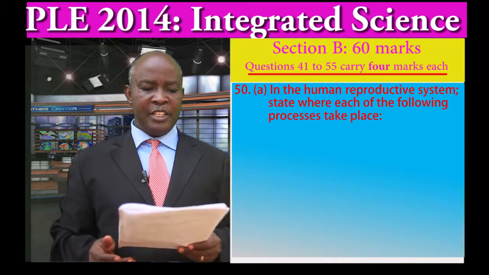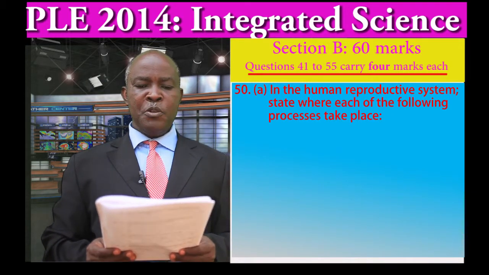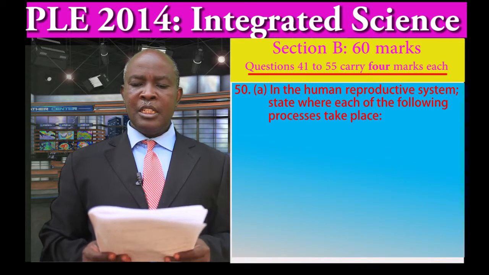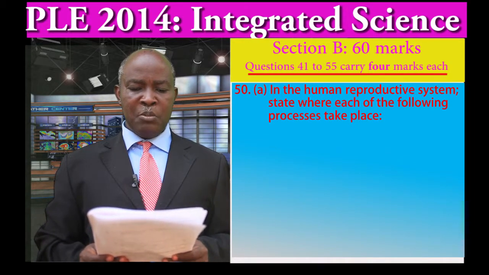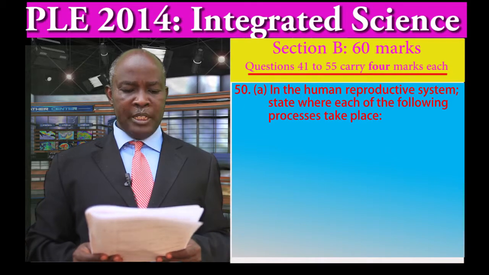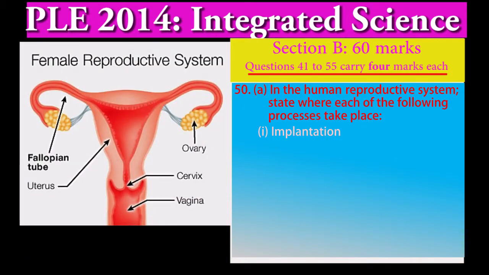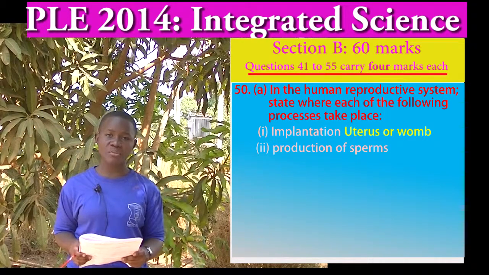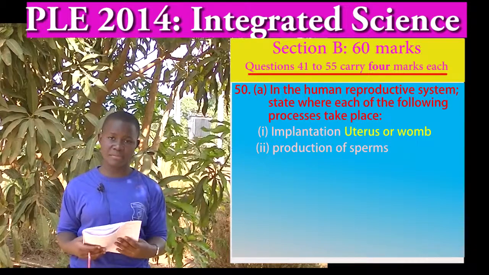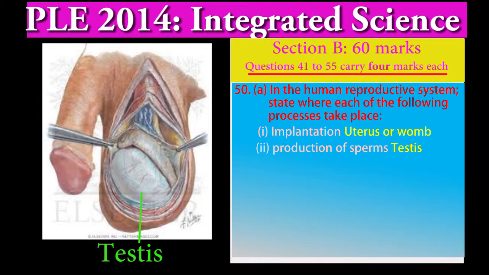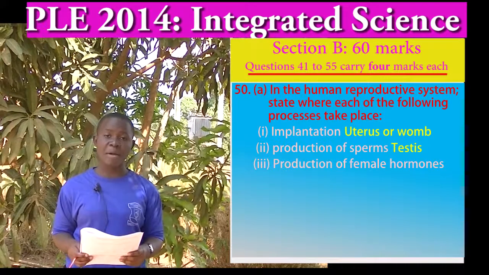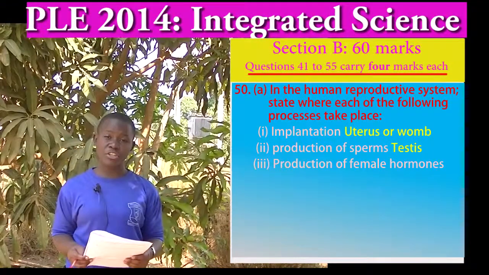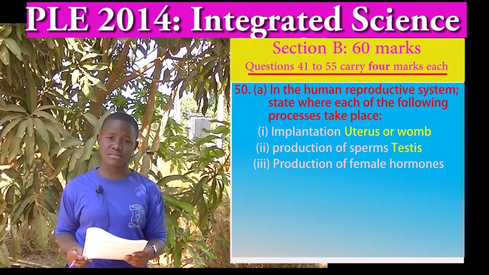Number 50. In the human reproductive system, state where each of the following process takes place. 1. Implantation, uterus or womb. 2. Production of sperm, testes. 3. Production of female hormones,